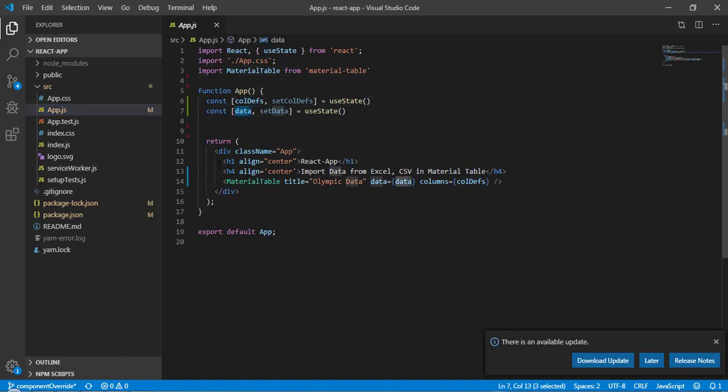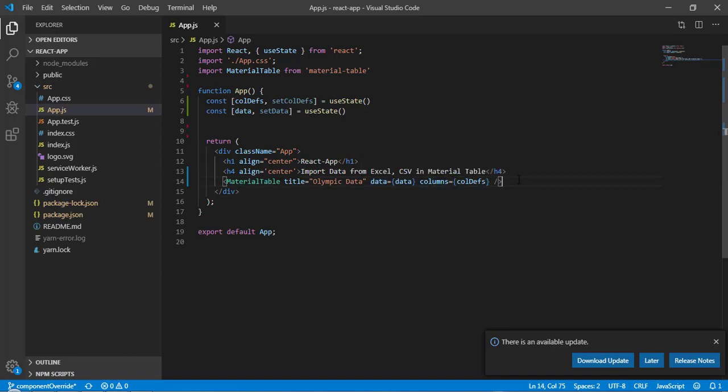And in rendering I am rendering a header component. After that we have material table, and here I am passing three props. First is the title, second is the data, and third is the column definition. Data and column definition are null here.